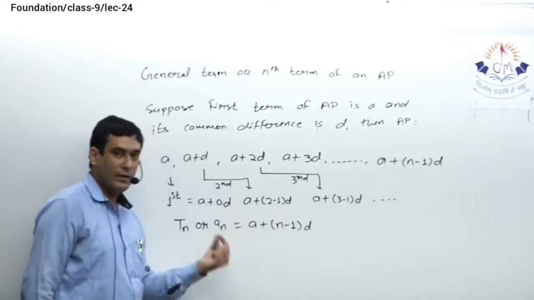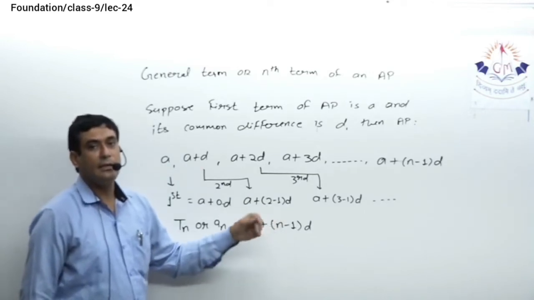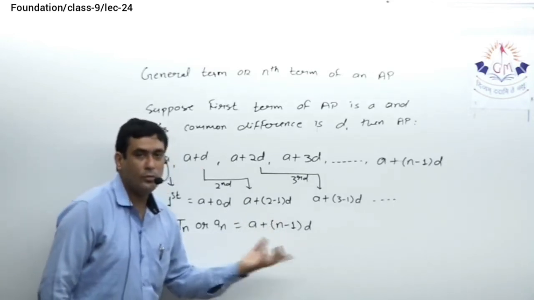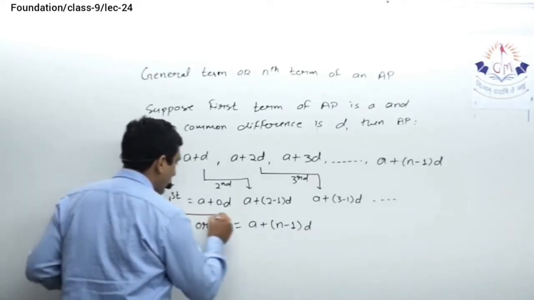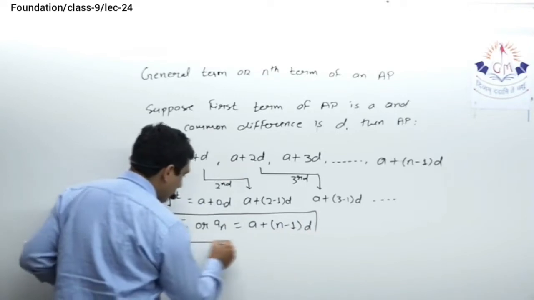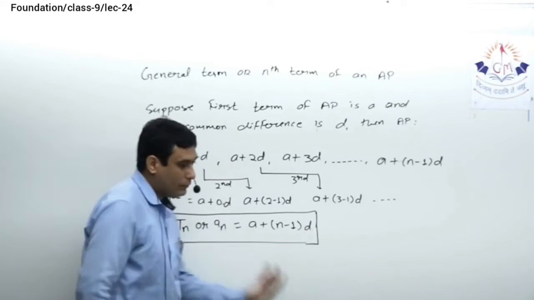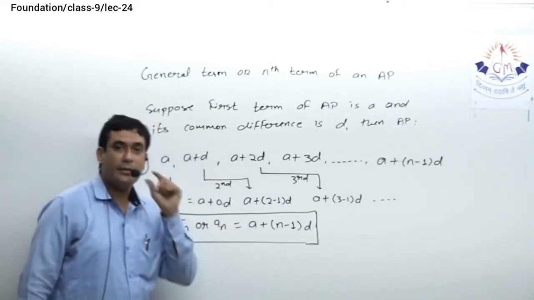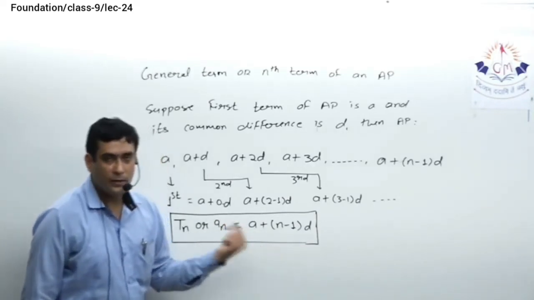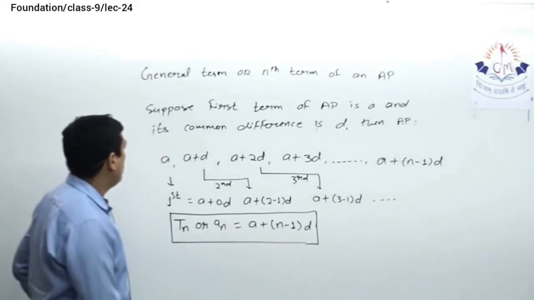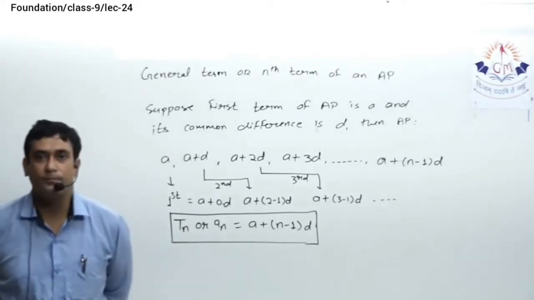If I have to find the seventh term, I have to put n equal to 7. If I have to find the 99th term, I have to put n equal to 99. So this is the way to get the nth term of an AP. Please note it down, you have to keep this formula in your mind. Now one thing more that I told you earlier, that if the AP has n terms, that means it has only n terms, then this will be the formula for the last term as well. So note it down, then we'll see the questions based on this formula.